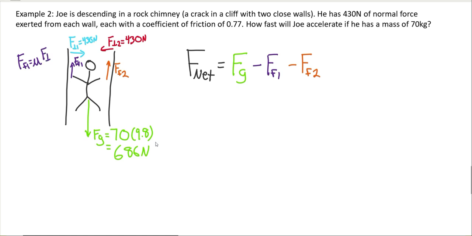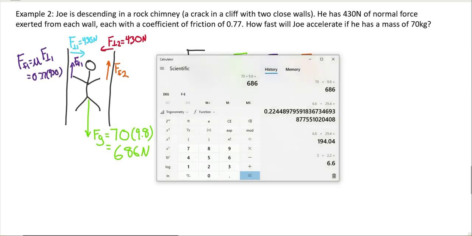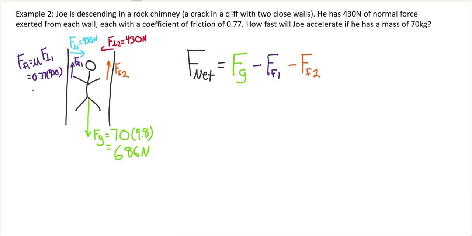In fact, the normal force of 1, because it's in contact with wall 1. That coefficient was 0.77 times that 430 newtons. So that's going to be 331.1 newtons. Force of friction 2 is going to be the coefficient